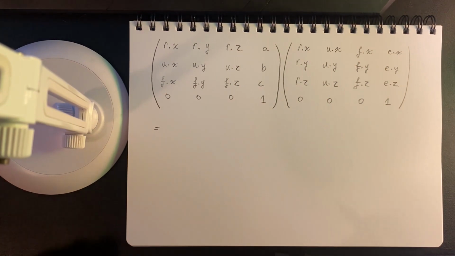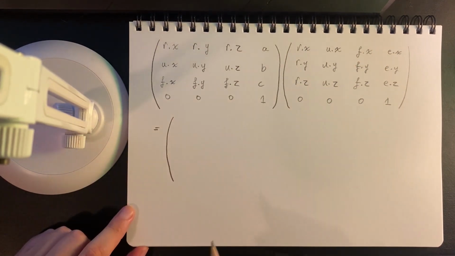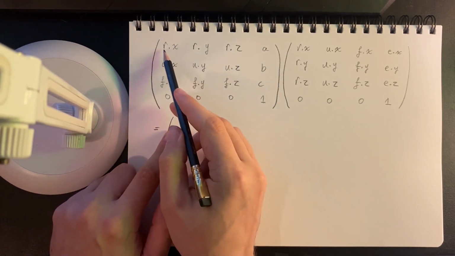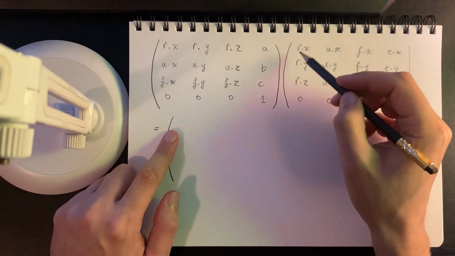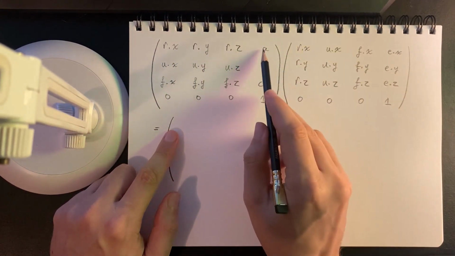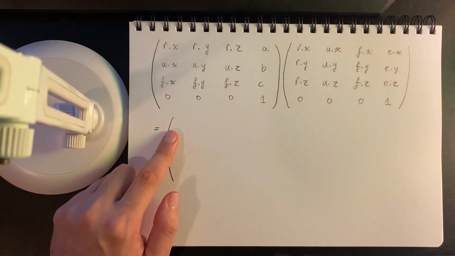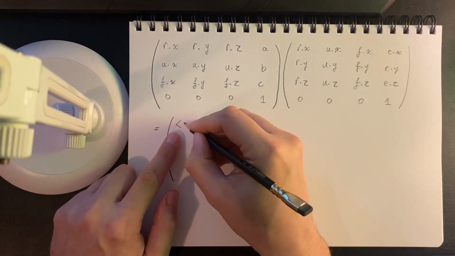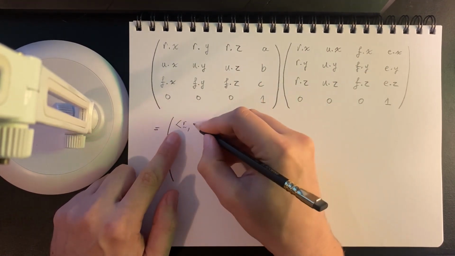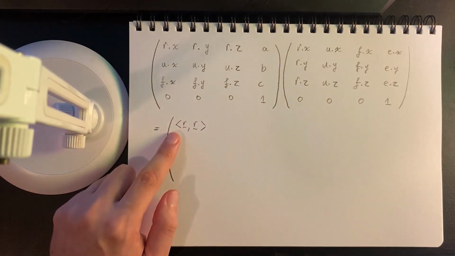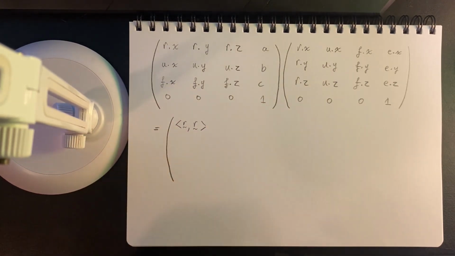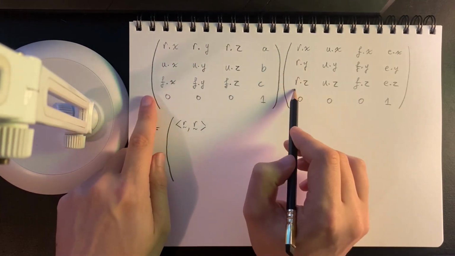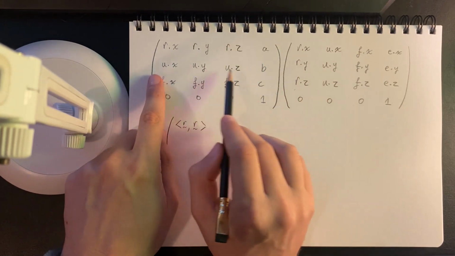Okay, so back to the matrix multiplication. Remember, we want the first row, first column. So we take the dot product of the first row with the first column. Now see here that this a times 0 is going to be 0, so that component is not going to contribute anything. By the way, I'm not sure if I mentioned this, but I like to use angle brackets to denote inner products or dot products. Look up what a dot product is if you're unfamiliar with that. But yeah, we have right dot right, and then we'll go to the next row,